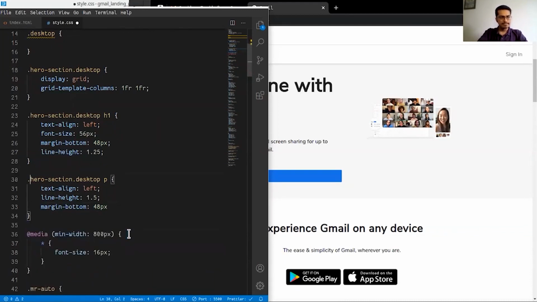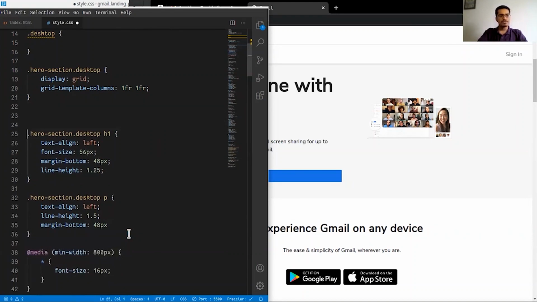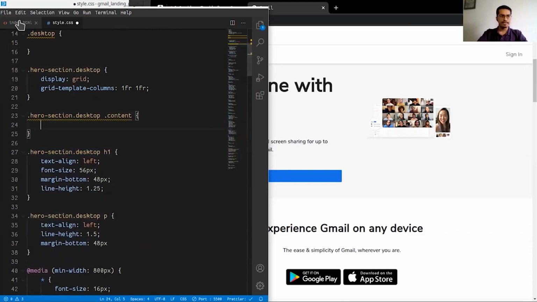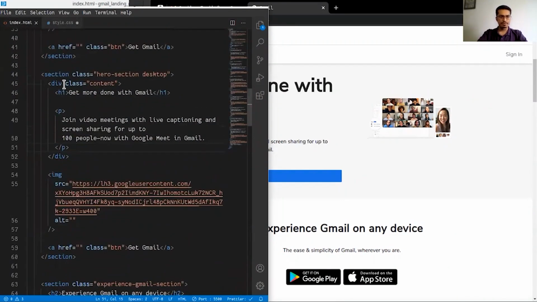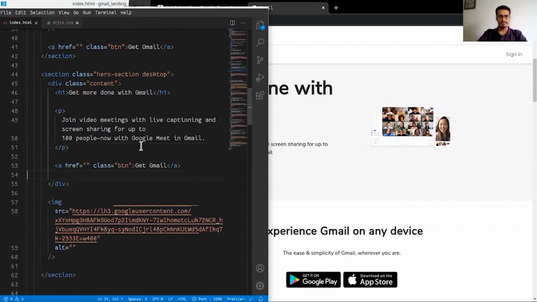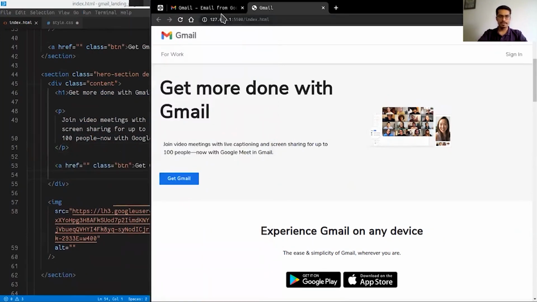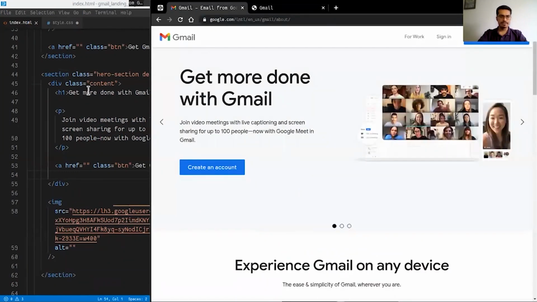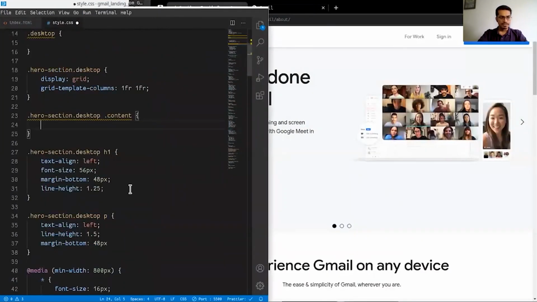Okay, let's see. This can be interesting. So we'll make the hero section desktop. There's a content section here, right? That's what we wrapped both of these into, the H1 and the P. Okay, this get Gmail has to come inside here. Okay, yeah. Now it's much better. It's a much bigger button to start with. Okay, so let's go ahead and